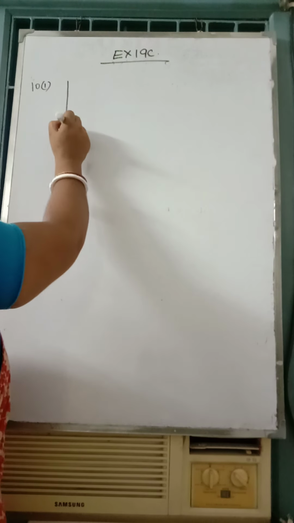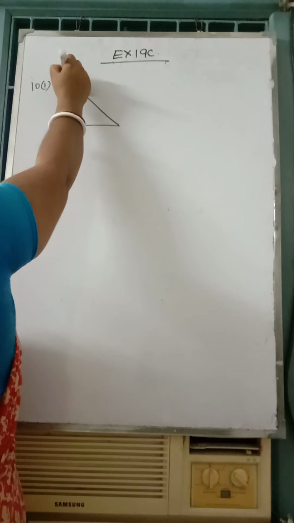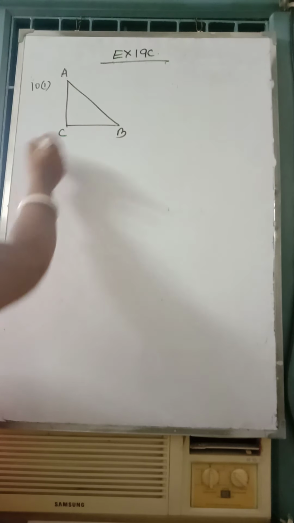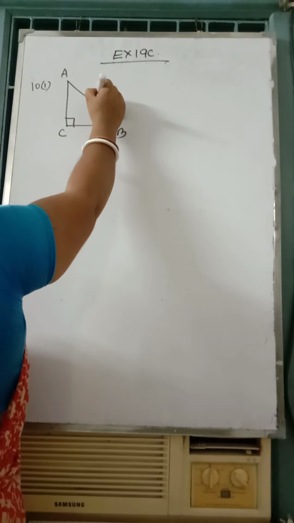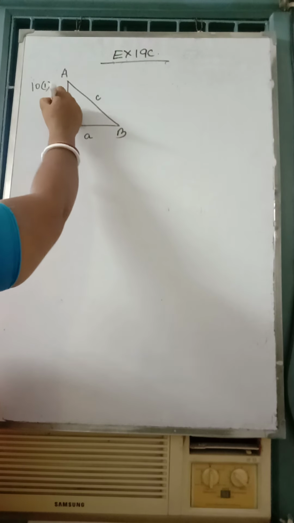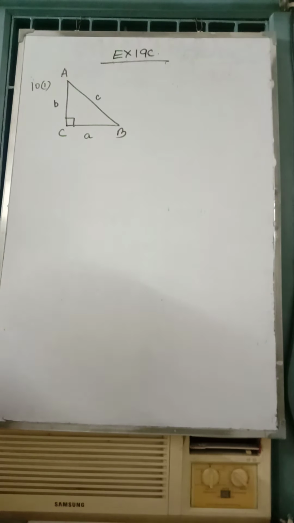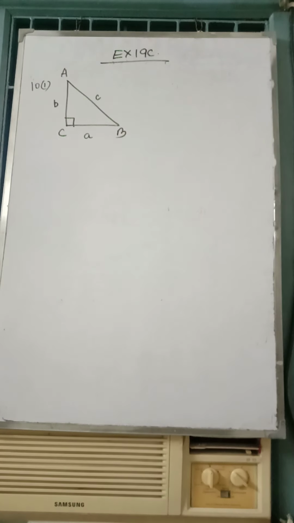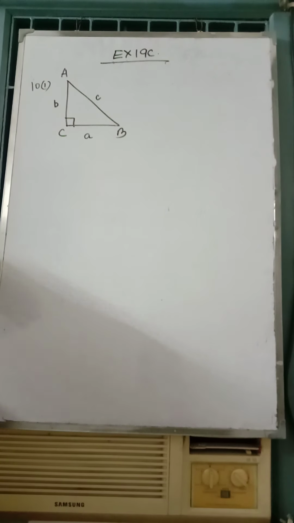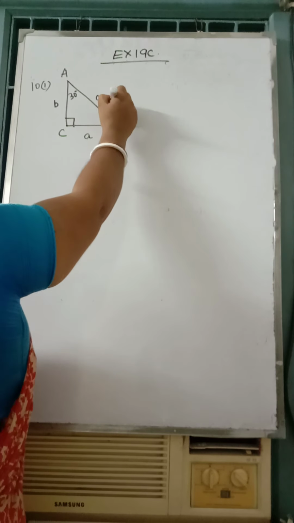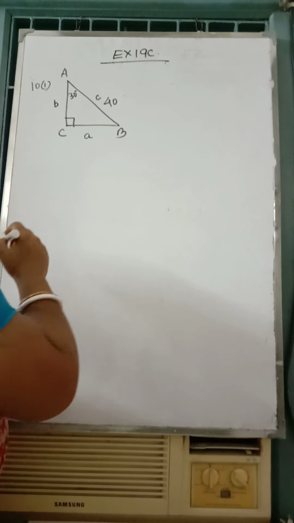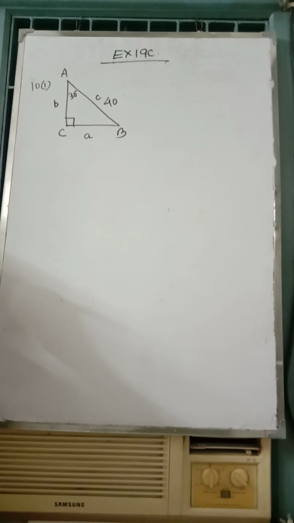There is a triangle ABC, right angle at C. Now we know the side opposite to a vertex is known by the small letter. So opposite to B, this side will be represented by small b, opposite to vertex C is small c, and opposite to vertex A is small a. Now here it says angle A is 30 degree and AB is 40. Is it? Now you need to calculate, without using the table, solve each of the following triangles ABC.